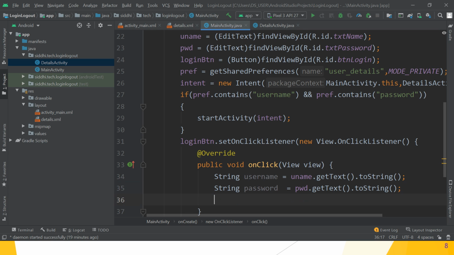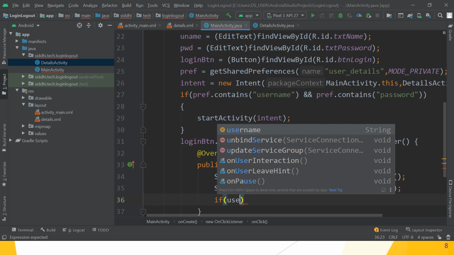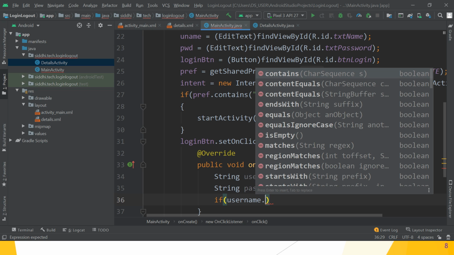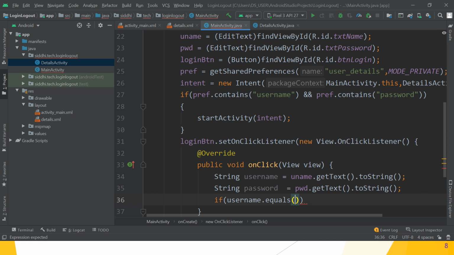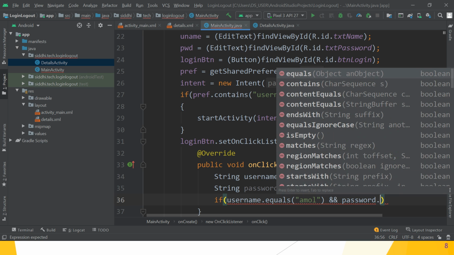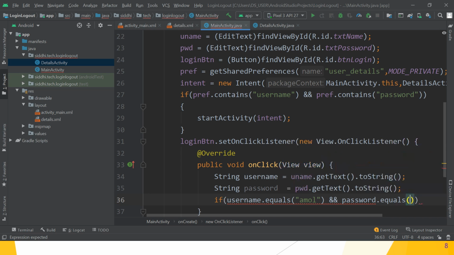Great. After that, check if your username.equals, suppose, Amol, and password.equals method, check the string is equal to again Amol.